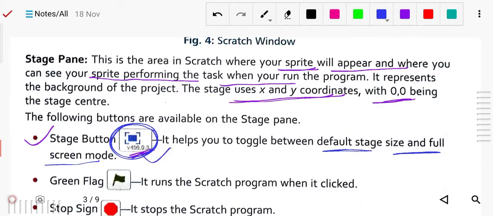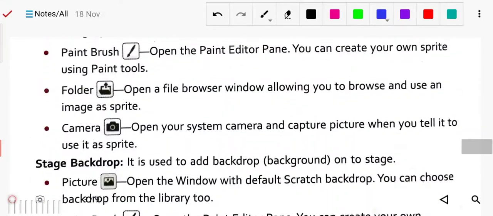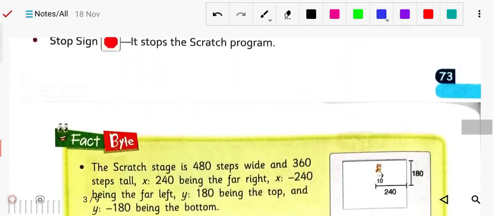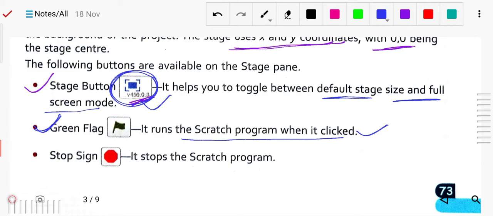Now the green flag runs the Scratch program when clicked, like a play button. Any song you want to play, you click on play and it starts playing. Like this, the green flag runs the Scratch program, and after clicking on it the program will start running. This is the stop sign.